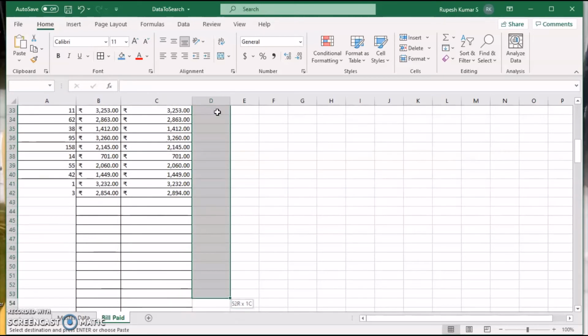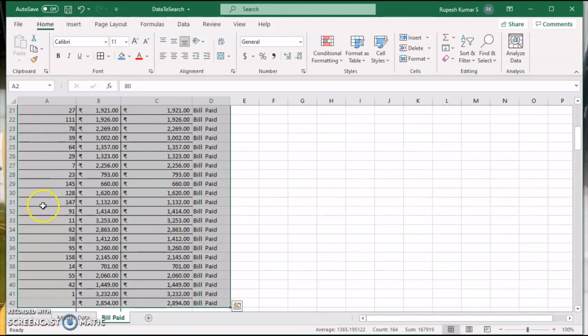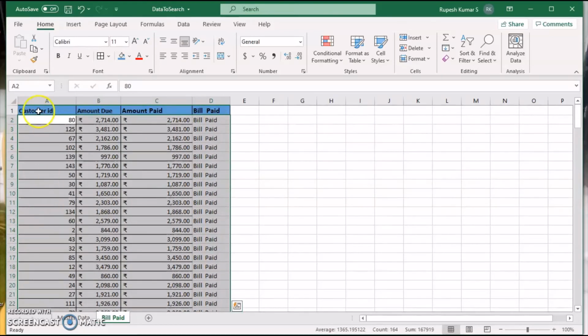So let us write bill paid. Okay. And this is using the format painter. I'm giving it a heading. So they all have paid the bill. Okay. And the name of the table which I updated just now, let me check it.